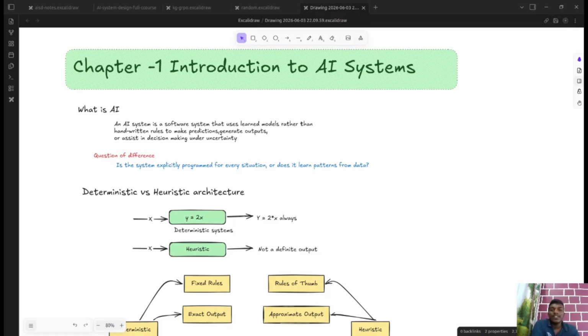So these are the kind of systems which are explicitly programmed, unlike an AI system. Let's see an example of an AI system. In AI-based email spam detection, you feed a lot of emails and you tag them as spam or not, and then the model learns the pattern.